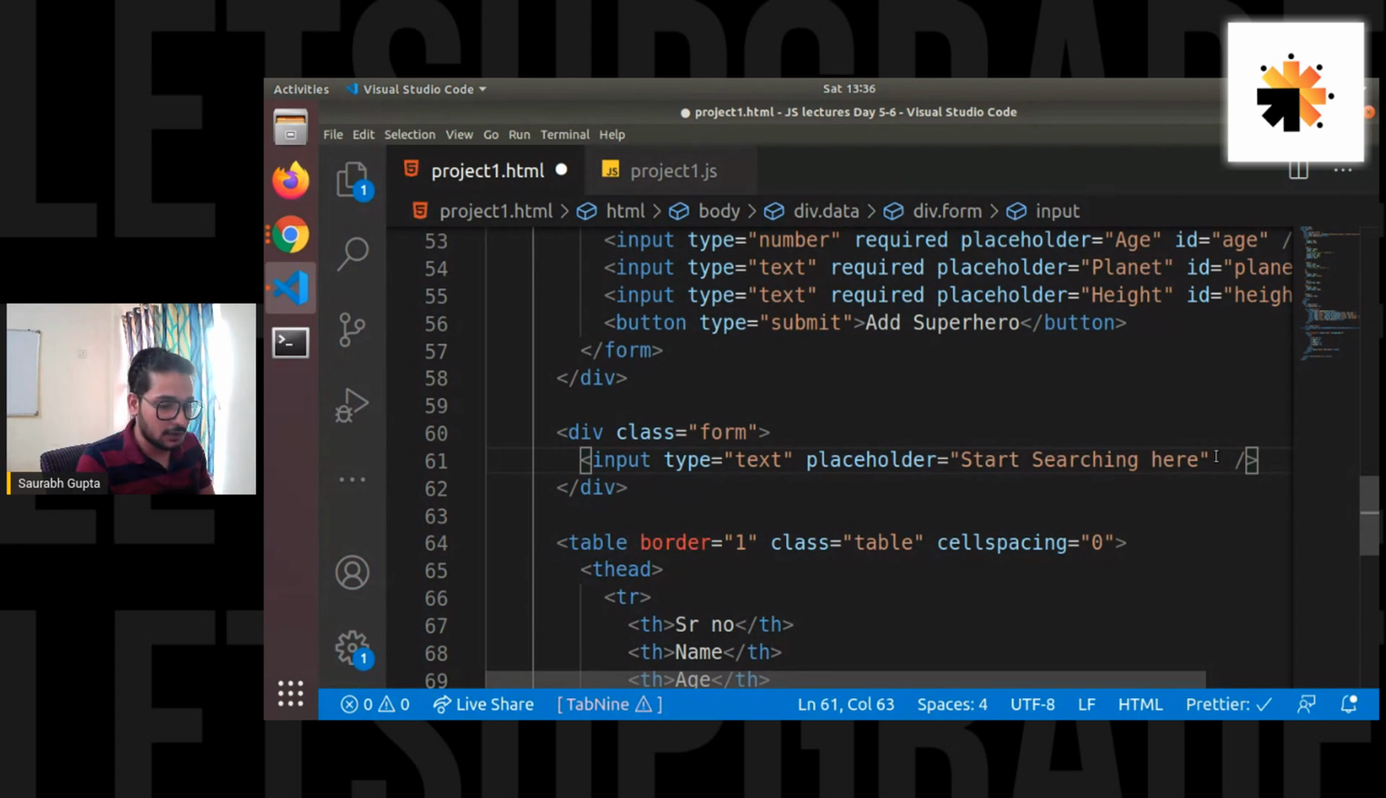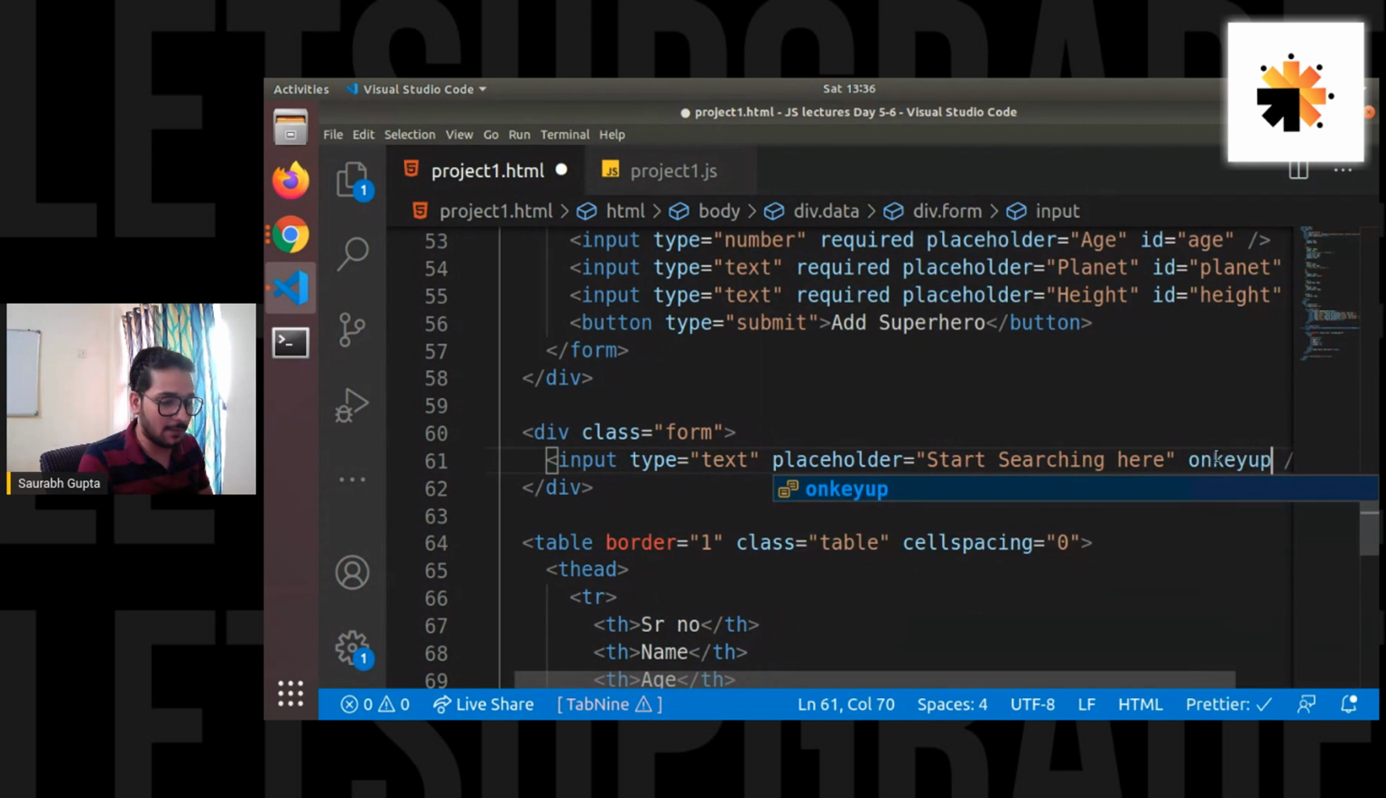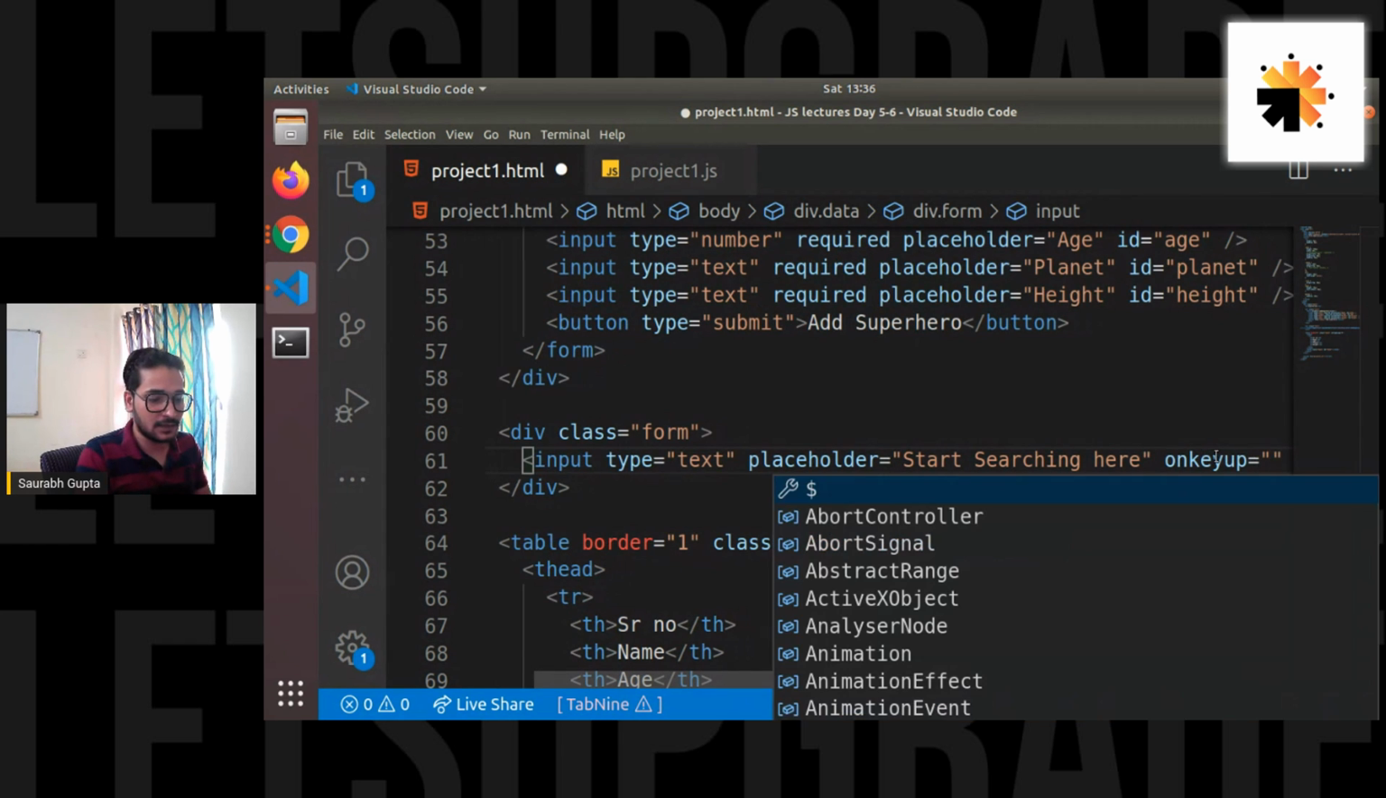For that, I have an event named onkeyup. Whenever I press a key and leave, this will be called. Typing is the process of press and leave, press and leave, press and leave. So whenever I press and leave, it will get called. Everyone uses it. Google search uses it too, whenever you start typing, the search results appear. So that's what we're going to do. So onkeyup,